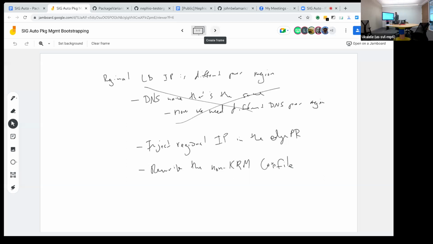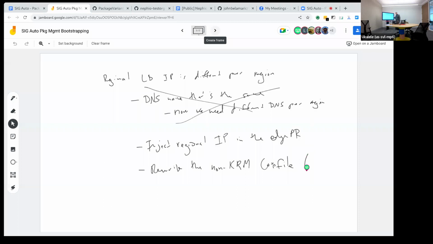Then I would use a kpt function or KRM function to copy that IP address and put it into the right place in the non-KRM config map of the CoreDNS instance.